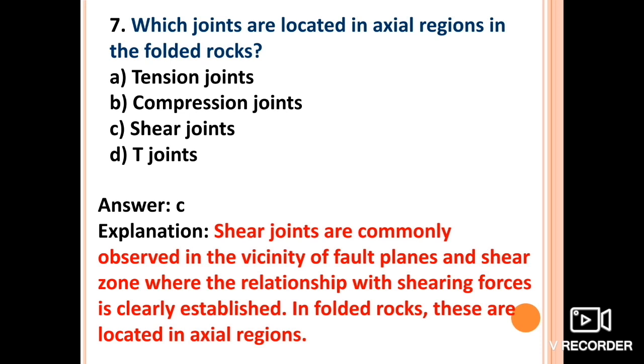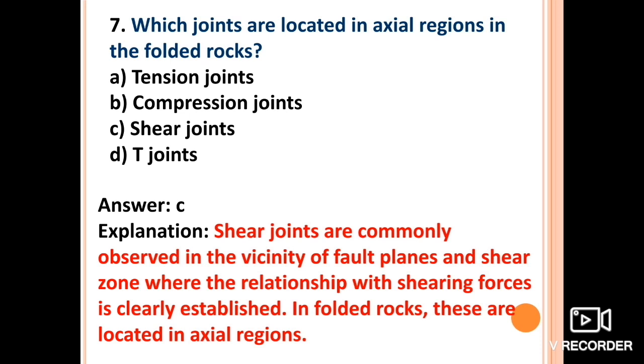Okay, they are formed because of the compressional forces, and compressional forces are generally responsible for the formation of folds as well as the folding and faulting both. So these joints are rather clean cut and tightly closed, and whenever shear joints occur in two sets which intersect at a high angle, they form a conjugate joint system.